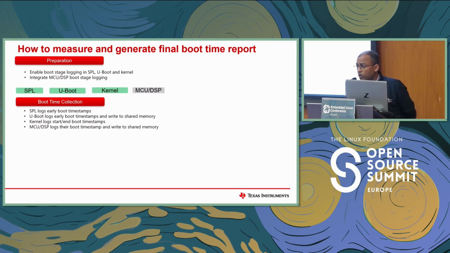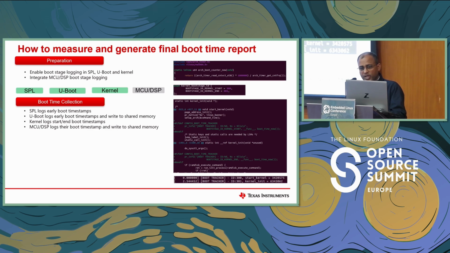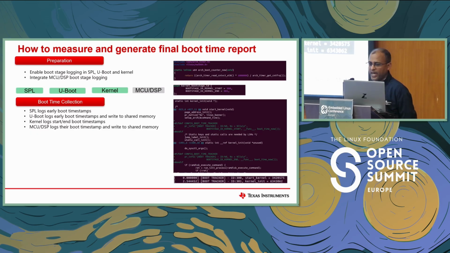I think most of the things I have already explained, basically how the timestamps are done by the SPL and U-boot, and kernel logs for start and end boot time, and MCU logs their boot timestamps to shared memory. So here is some example of how it is there on the Linux side, which I was talking about earlier, right? So we had this,